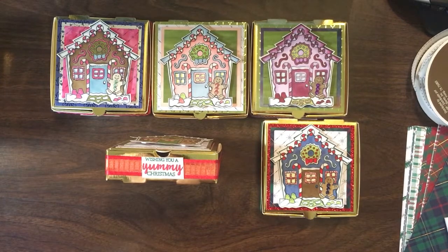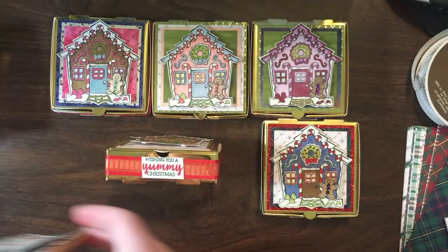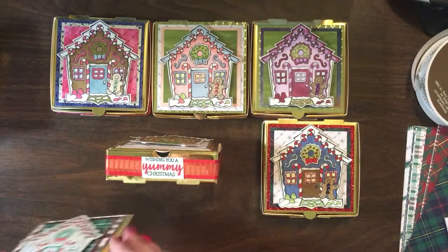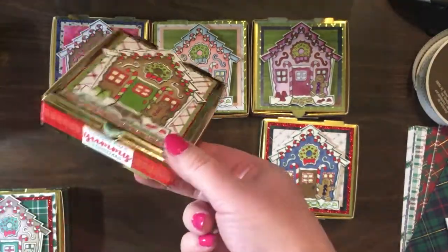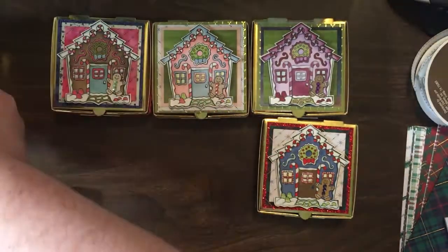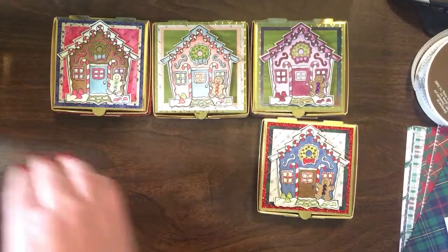So I'm really happy with the way that that turned out. The other traditionals had the green, but because of the color coordination that I had done, I preferred red. So that's why I used that there. Okay, and then